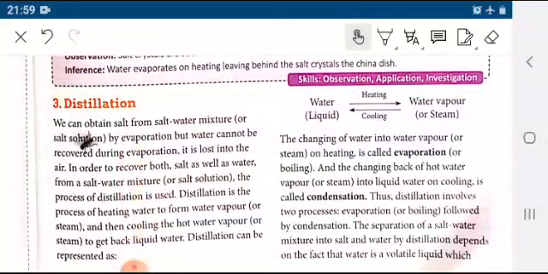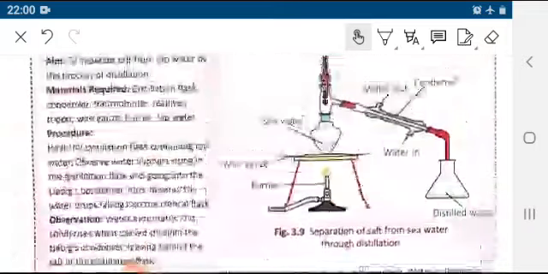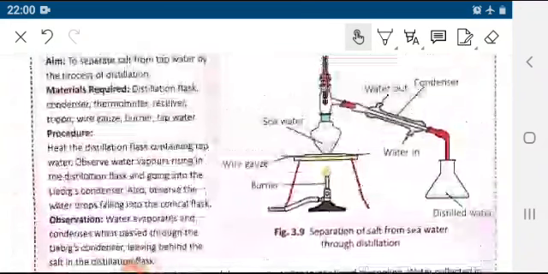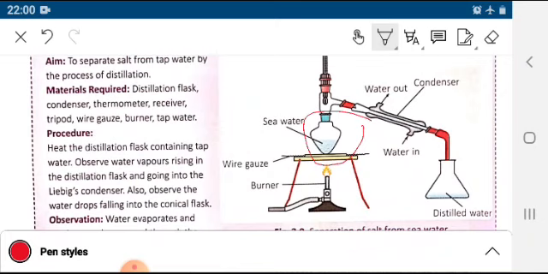First, we used to heat the substance at a high temperature so that evaporation can proceed, and then we cool down so that it can be condensed and we can get the pure form. As you can see, the separation of salt from seawater. Seawater is kept in the container. As you can see here, it is being heated. What will happen? Water will be evaporated, and with the help of condenser it will be collected here, and salt will be left in the bottom.